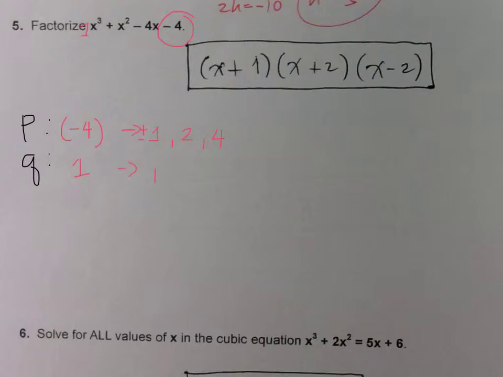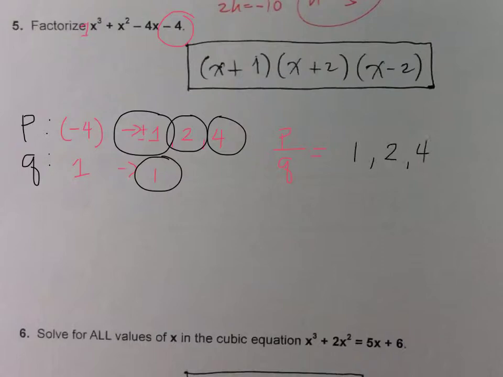But what we need are the values for P over Q. So what is P over Q? It's every P divided by Q, which is 1. Since we only have 1 as Q, then the P over Q will be same 1, 2, and 4 plus and minus. So using synthetic division,